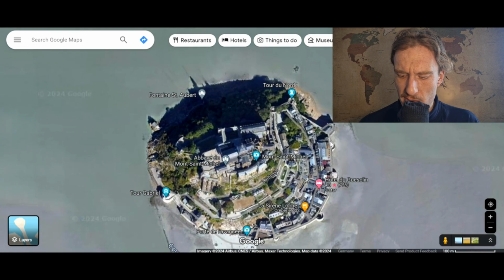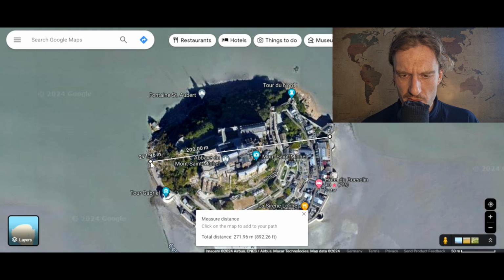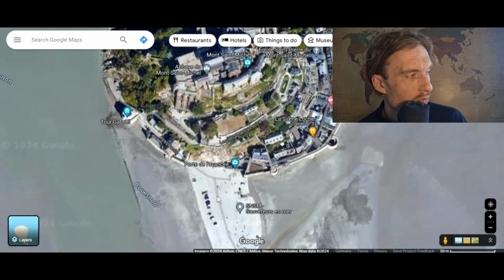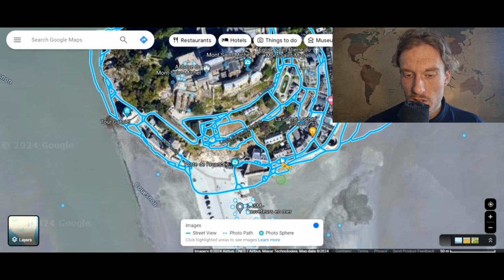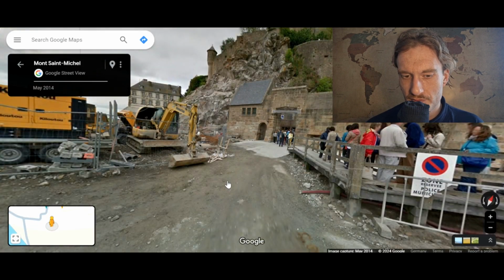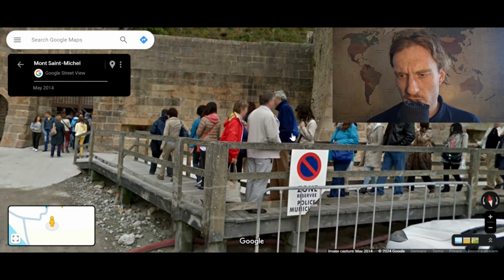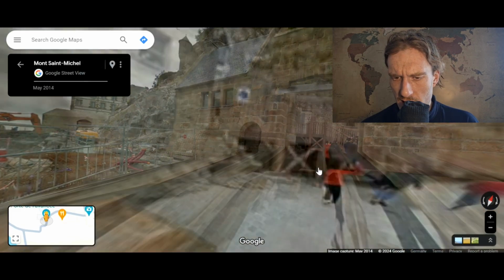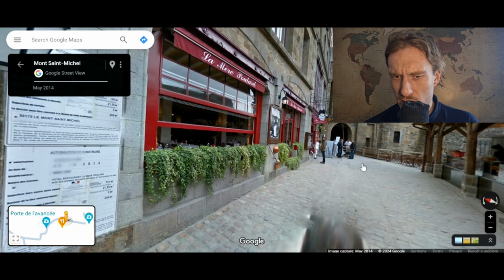How big is this thing? That maybe is something that would interest you, because it does interest me. 200 meters. Oh, yeah, so it would be like 500, 200 and 400, 600. Well, you name it. And yeah, here we are. Loads of tourists from all over the world. That does not matter much now. I will try my best to